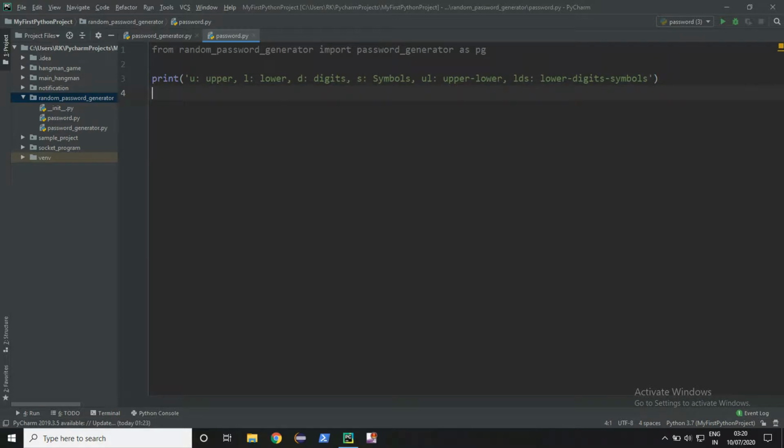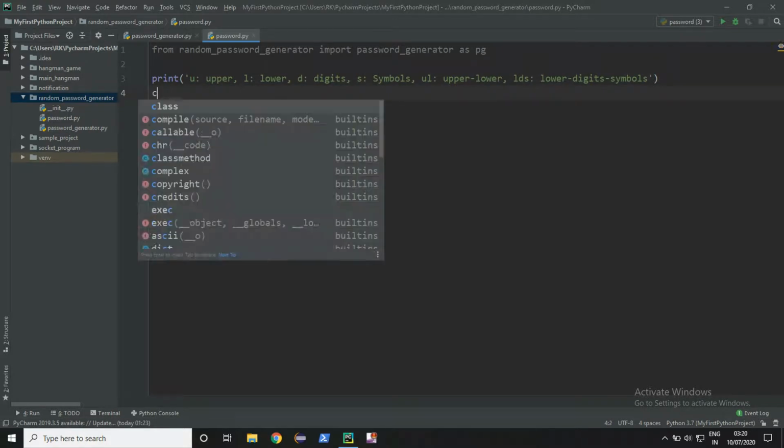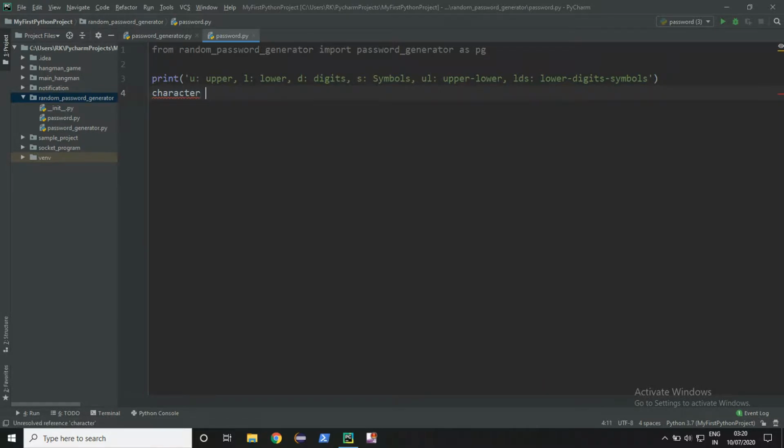Now to get the character we will use character input, enter the password type.